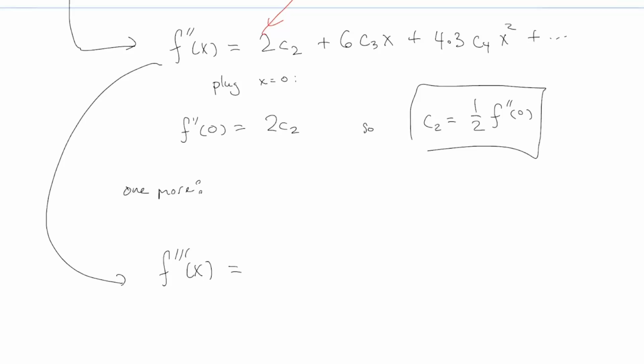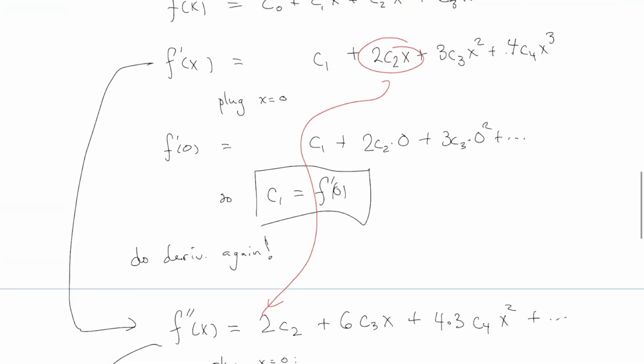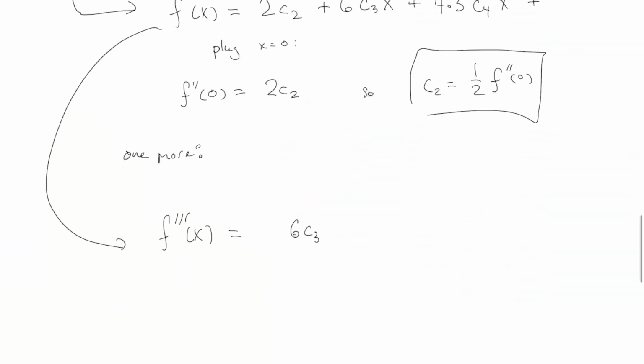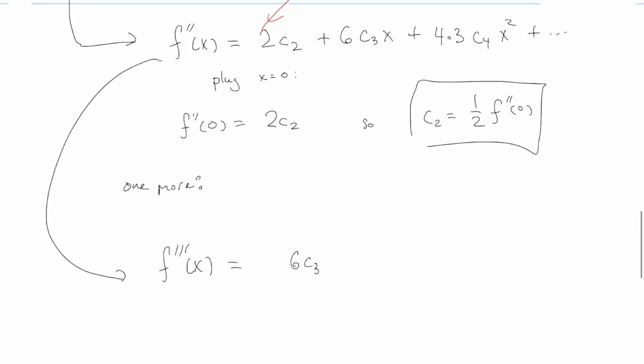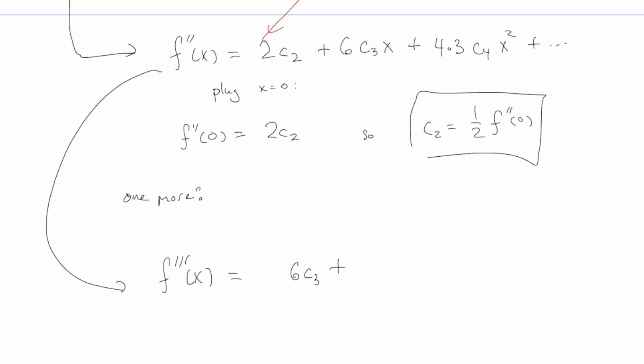Next, 6c3, that's what it'll be, right? The x will become a 1. So this is now 6c3. 6, of course, where did that 6 come from? It came from a 2 in one step and from a 3 in one step here, times a 2. This 6 was a 3 times a 2. Anyway, 6c3, and then plus the next one, if I were to write the next one,